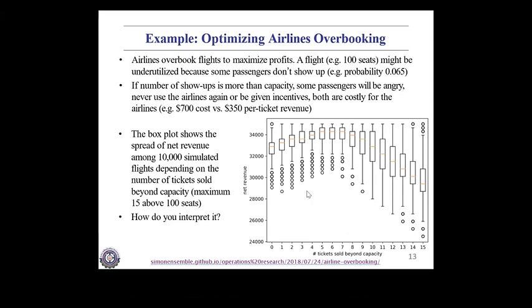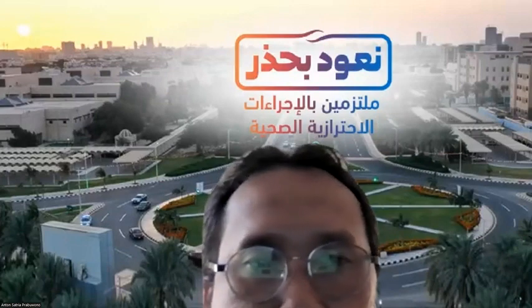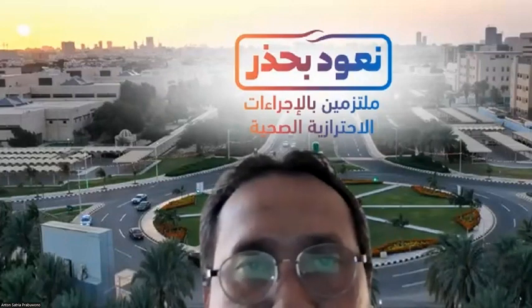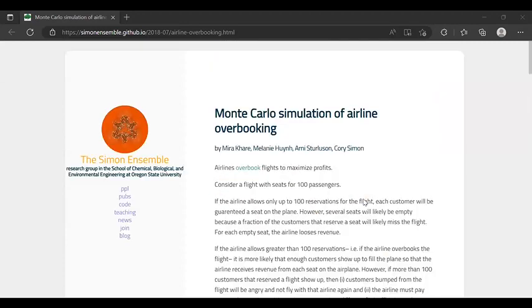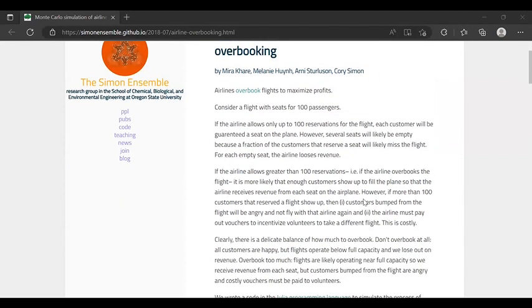Right. It even provides how to create the box plot here. So I will show you the article. Stop share and change to the article. Monte Carlo simulation. So can you see the article? Yes, sir. Right. So Monte Carlo simulation of airline overbooking, by Mira Carey,